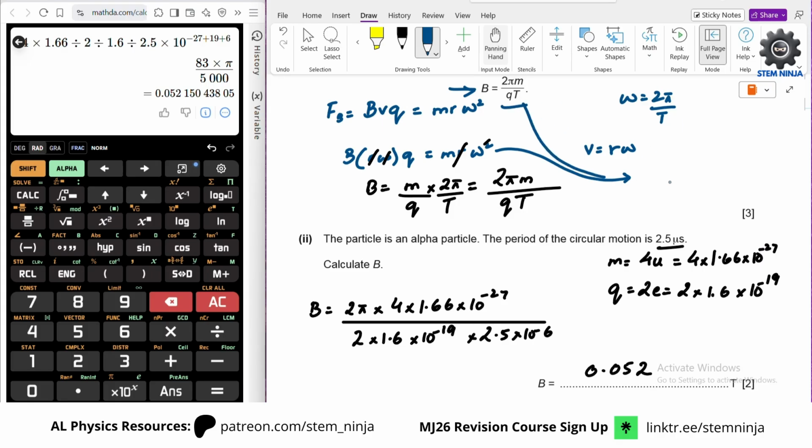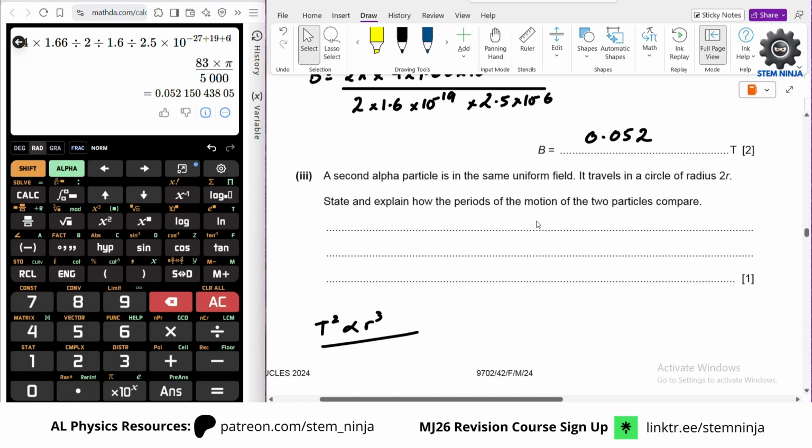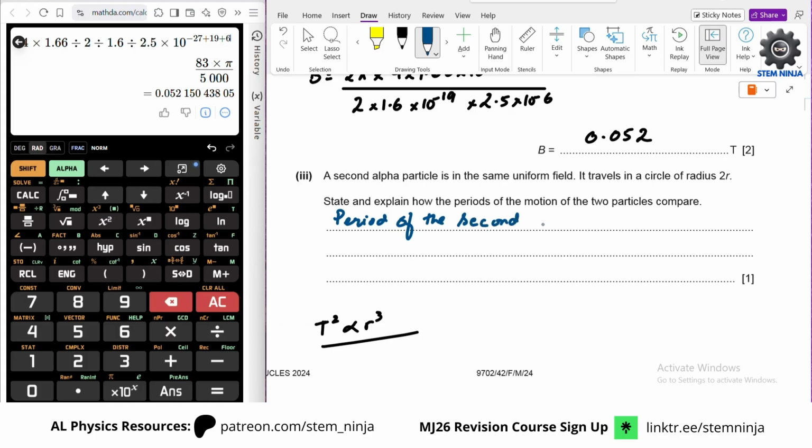So basically, if you rearrange, this is 2 pi m over B q. It's in the same uniform field, so that means B is constant, charge is the same, mass is the same, 2 pi is a constant, so that means T is also the same. So we will say that the period of the second alpha particle is the same as the first one,